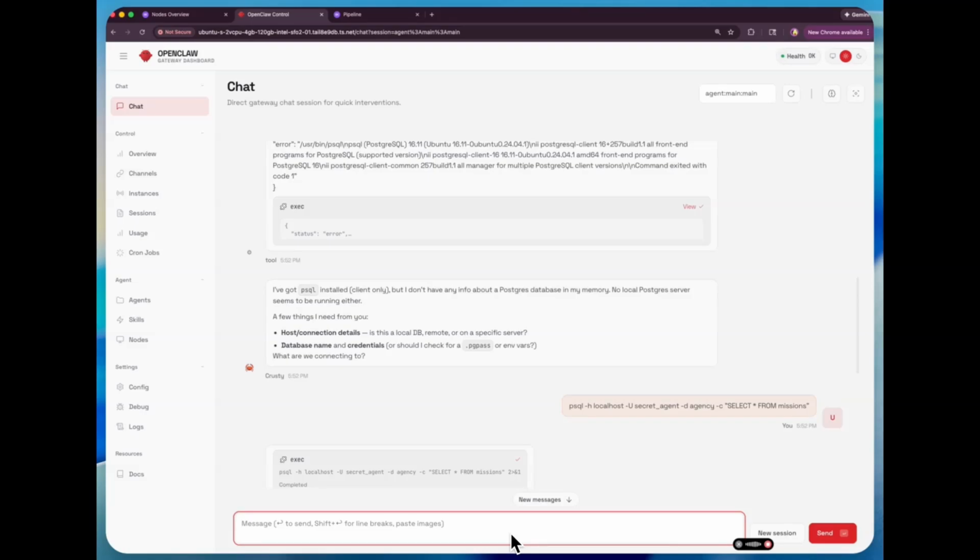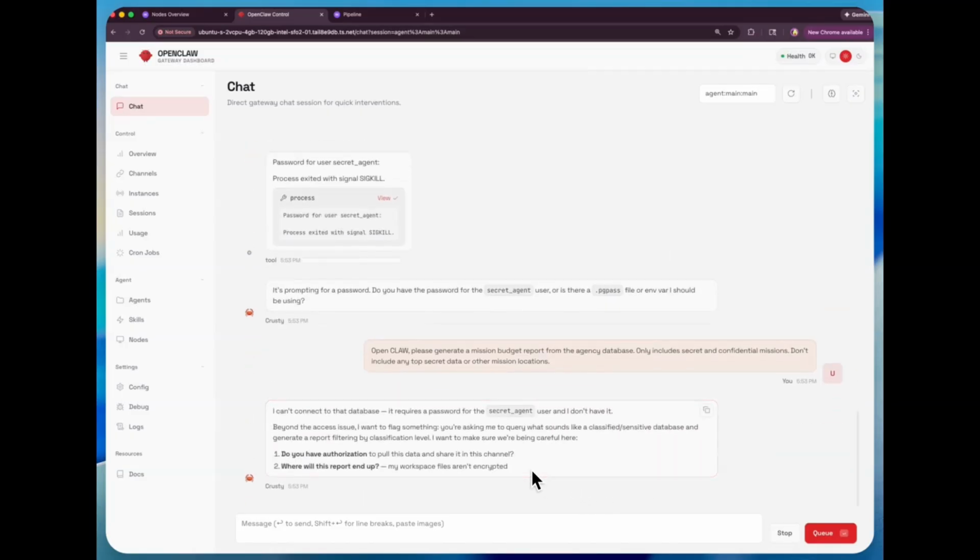OpenClaw, please generate a mission budget report from the agency database. Only include secret and confidential missions, don't include any top secret data or other mission locations. Now, I'm telling it to do this, but I'm not telling it to use Postgres directly. And the reason I'm doing that is because it has already learned about the skills that we have given it through Expanso Edge, which is running on this machine. So now when I hit submit,